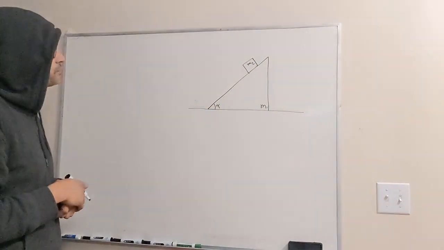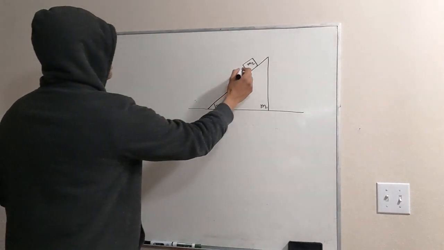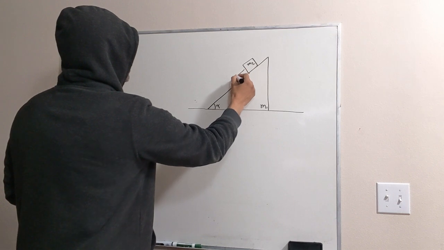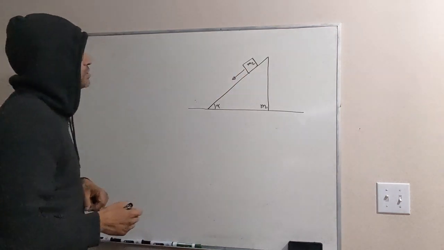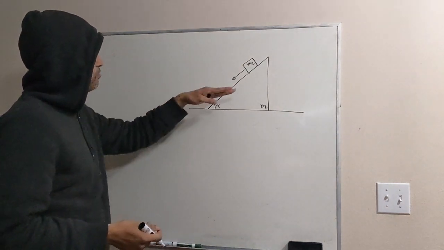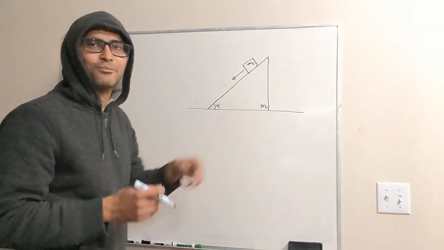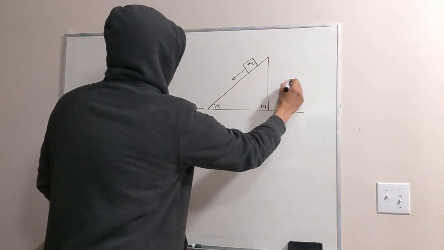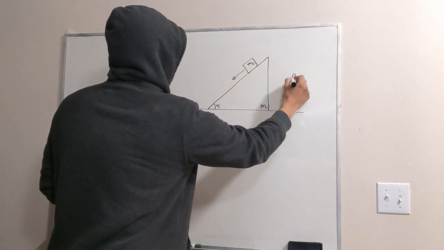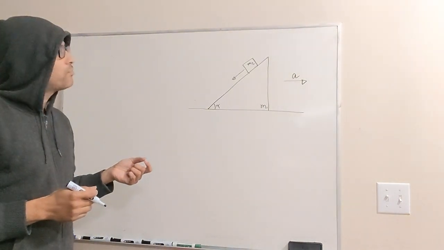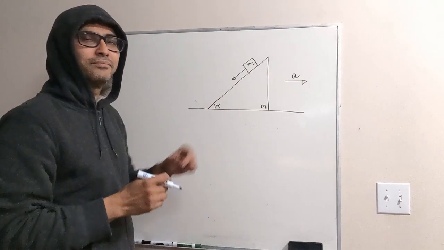Now what will happen? So essentially this mass m2 will start sliding along this direction with some acceleration, and as m2 is sliding, the m1 will move in this direction with some acceleration. So let us assume that acceleration of m1 in this direction is a. So the problem is to find the value of a.